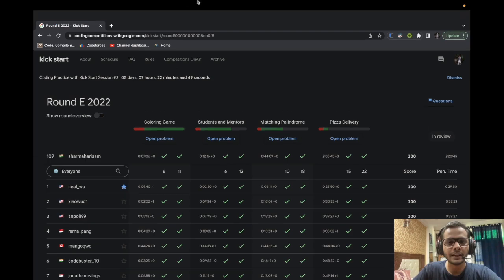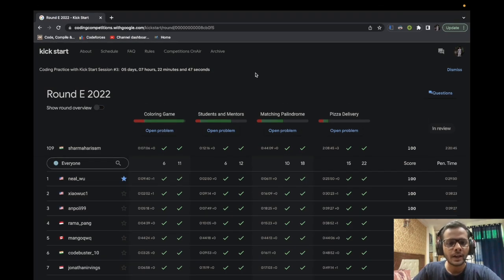This round ended like an hour ago. And talking about the round, I think it was a pretty good round. For the first two problems, I think they were a bit on the easier side as compared to a normal Google Kickstart round. But the last two problems were definitely good. And I think problem C was pretty apt for its position, whereas problem D was also good for its